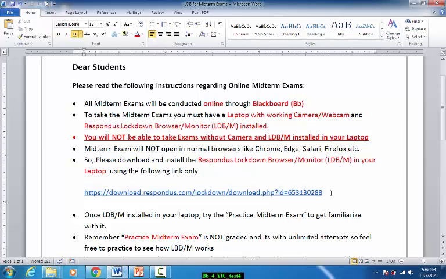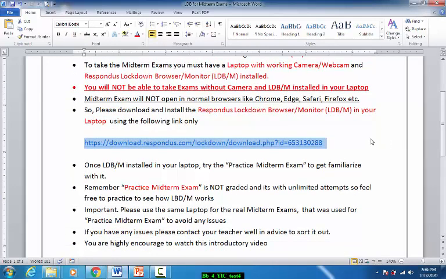Only from this link, because this link is specific to our RCYCI sector. So do not ask them to go directly to the Respondus company and download it from there. It may not work. So let them download from this link only. I even recommend all the colleagues to download the browser and see how it works, only from this link.